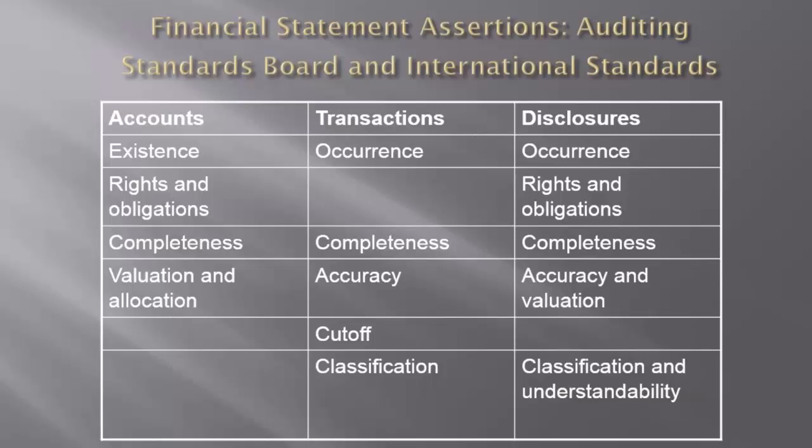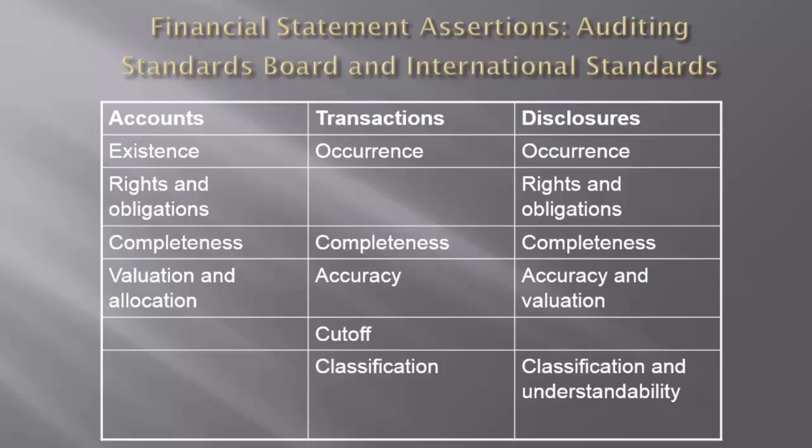When we are looking at account balances, we're looking at two things in every case: existence and completeness. Now, in transactions, same concepts, but we look at it a little bit differently: occurrence and completeness. So let's talk about those two issues, and frankly, this is really the process that we go through in the bulk of everything we do in relationship to the audit.